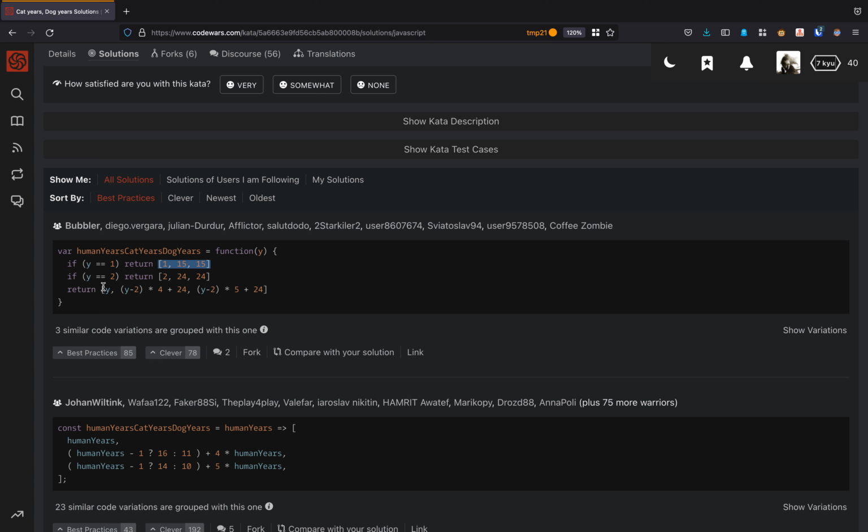And then we are doing the kind of hard-coded values, and then just doing some multiplication with the 4 and 5. So pretty good already, but the problem that I'm having with this is that when I'm looking at